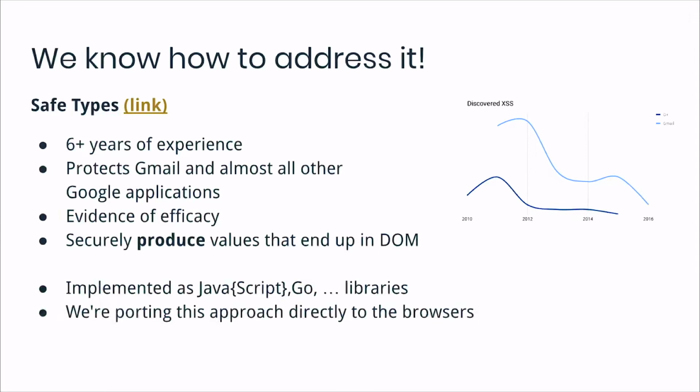This solution gives developers an API that enables safely producing given values, even from user input. Later on, those values can safely be propagated throughout your code base and then assigned to DOM sinks. It's implemented as a library in various programming languages, but still we occasionally suffer from